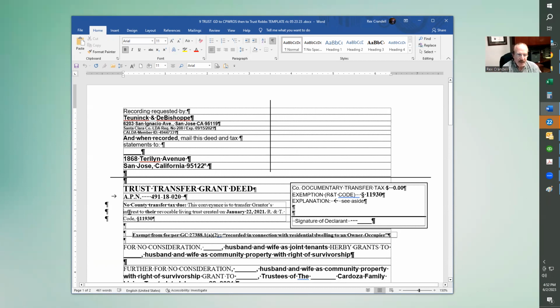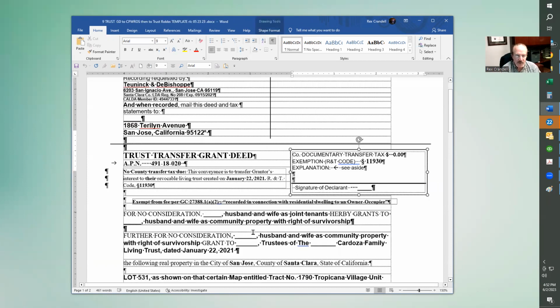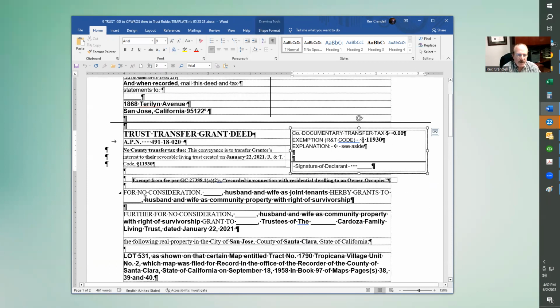Parcel number, the revenue and taxation codes that will indicate whether you're going to get certain nominal taxes. And we're saying no consideration. It wasn't bought or sold. It's going from Tweedledum and Tweedledee, husband and wife, as joint tenants. And